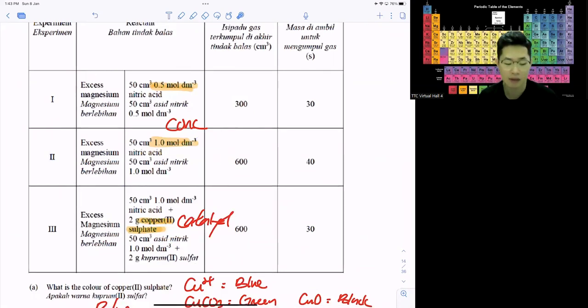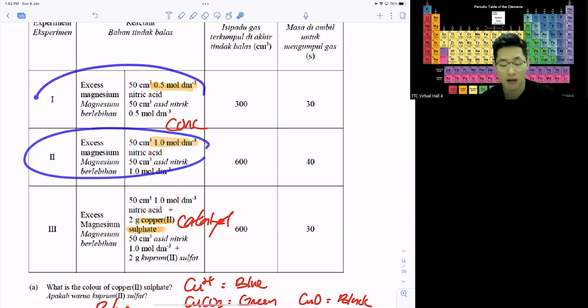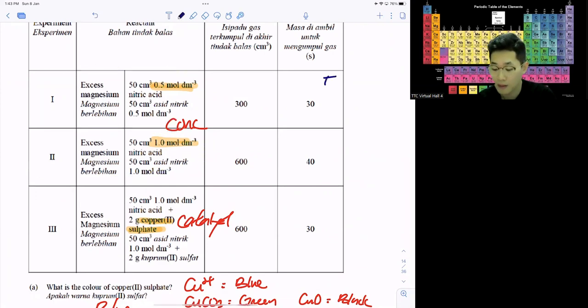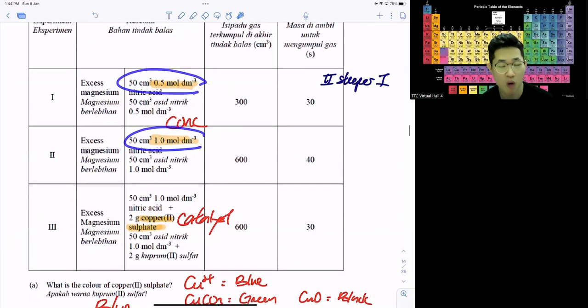So that means experiment 2 is going to be steeper than experiment 1. And then the amount of product: this time they use the same acid, but does it mean they produce the same amount of product? No, because the amount of gas released can be predicted by using the number of moles